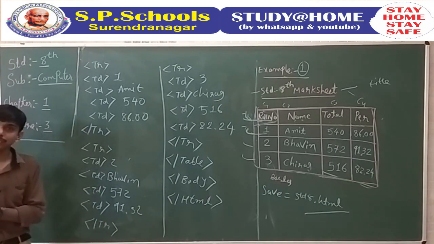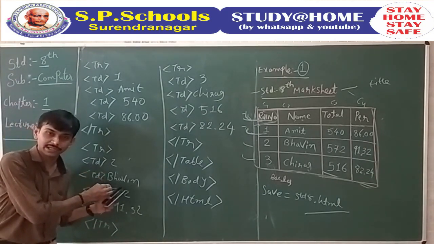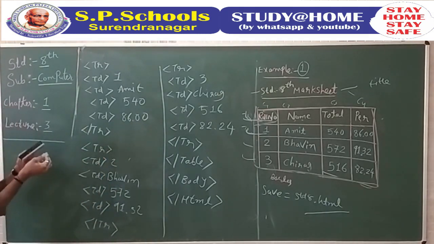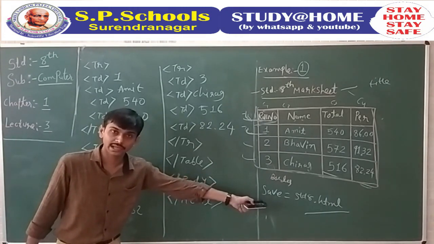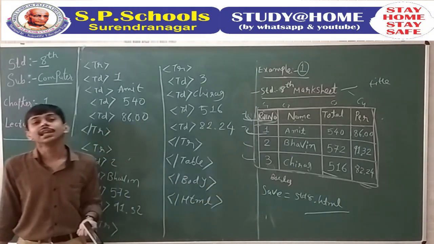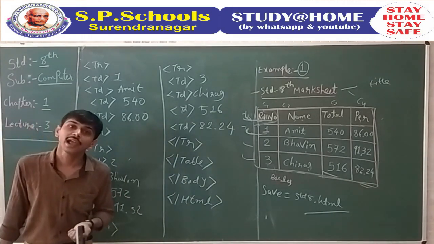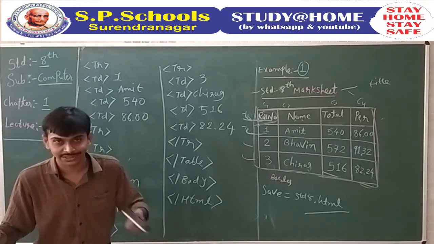Otherwise, there is no special need to close our table data tag. Okay, so write this, or you can take a screenshot of this example. And last, you can save it as standard8.html, and you can see the output of this mark sheet in any of our web browsers. As you know, there are so many web browsers like